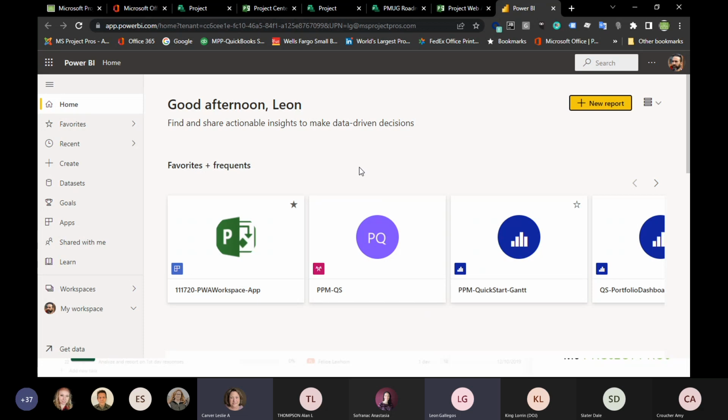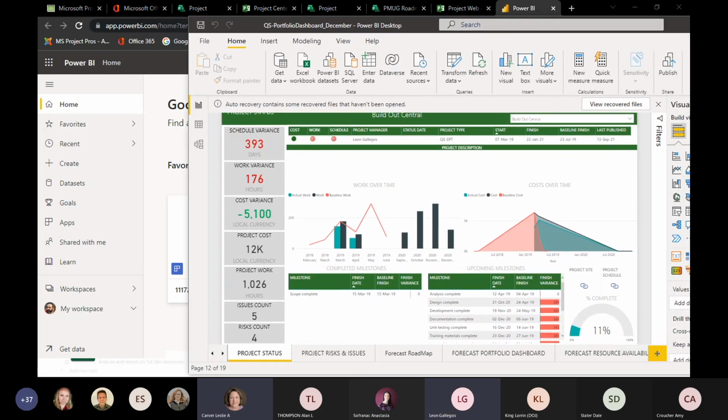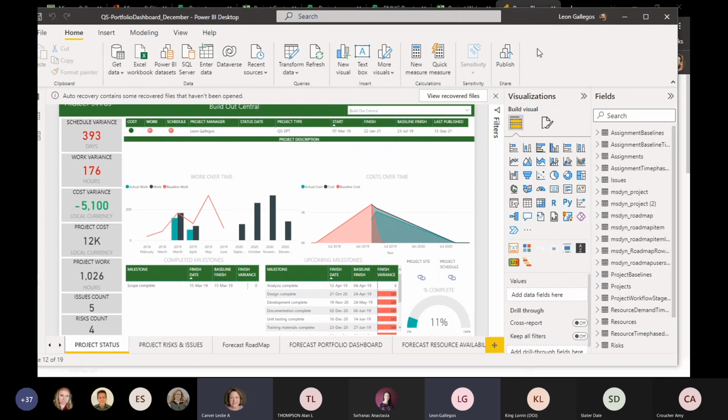This is what you're paying for. So in order for you to have the Power BI service, you've got to pay Microsoft $10 a month, right? That is what they call Power BI Pro. When you have that service, what it will allow you to do will be to take these reports that you're looking at here and publish them. See that little publish in the upper right hand corner?